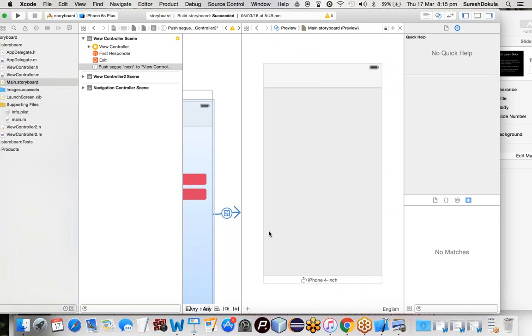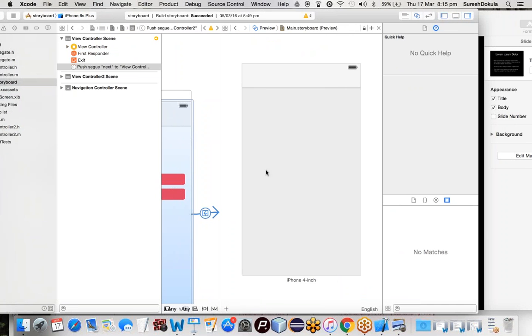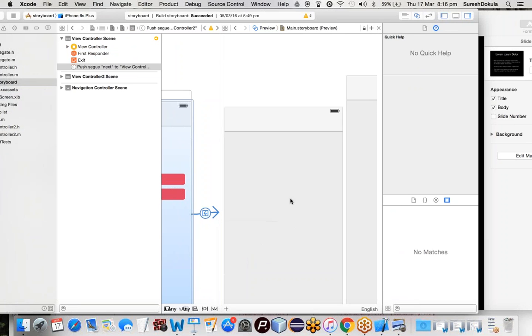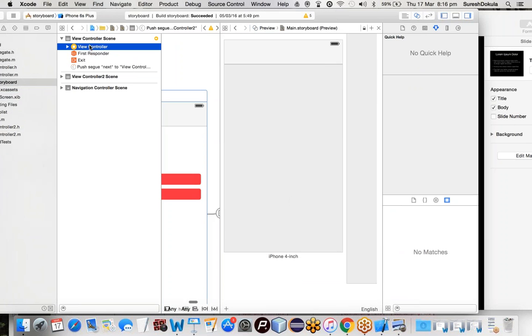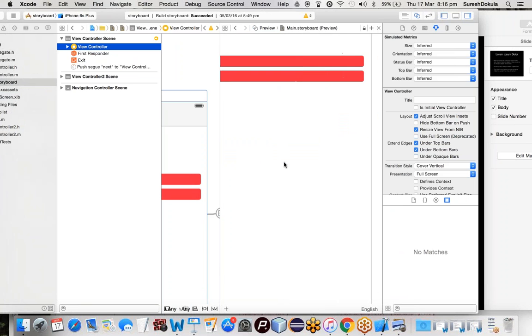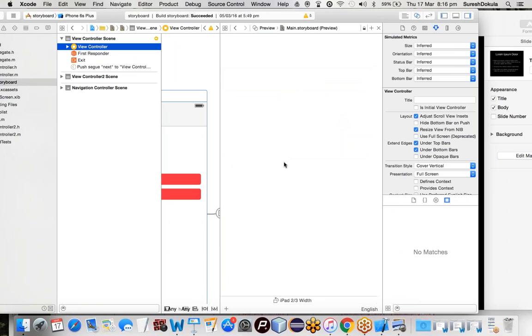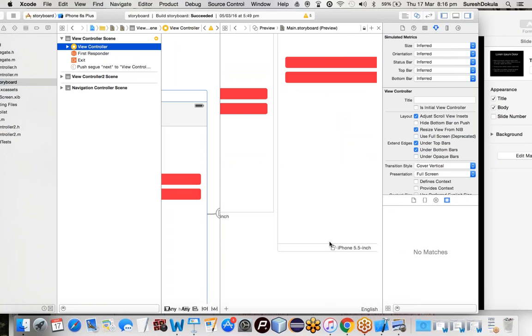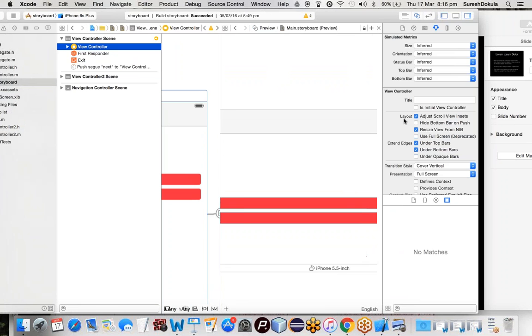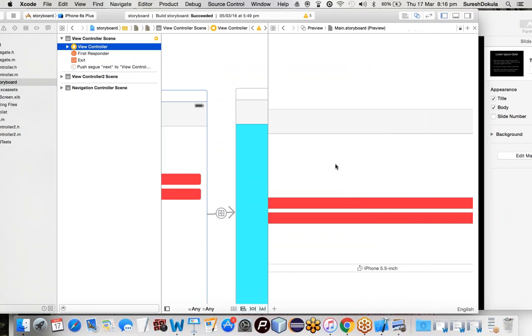So this is a preview. This is for iPhone 4-inch. I want to test for iPhone 5-inch. So how does it look? Without running your application, you can see how this screen looks. If it is iPhone 4, it looks like this. iPhone 5, it will be like this. And if it is the iPad version, what is the orientation? In landscape mode it looks like this. So it will give you a preview